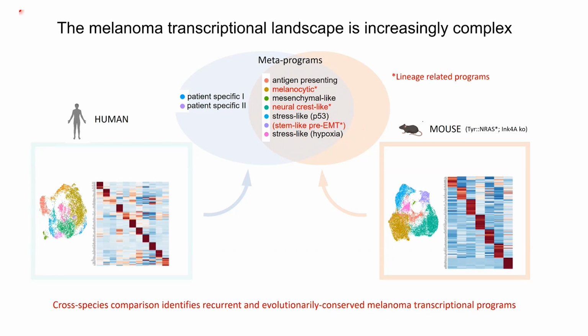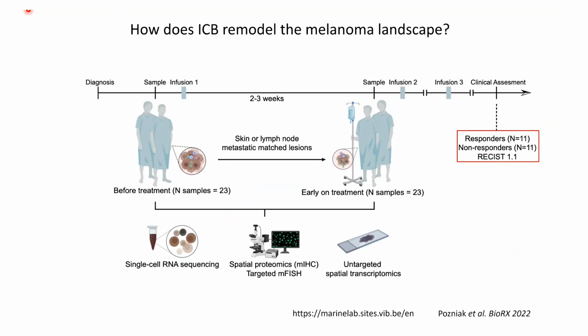And the next question was, what can we learn now from this evolutionarily conserved state? One big question everyone has in the field, and I guess here as well, is what about treatment pressure, not targeted therapy, but immune checkpoint therapy? How would immune checkpoint pressure remodel the conserved melanoma ecosystem? That's what we tried to assess here in this prospective trial that was conducted in Leuven, where they